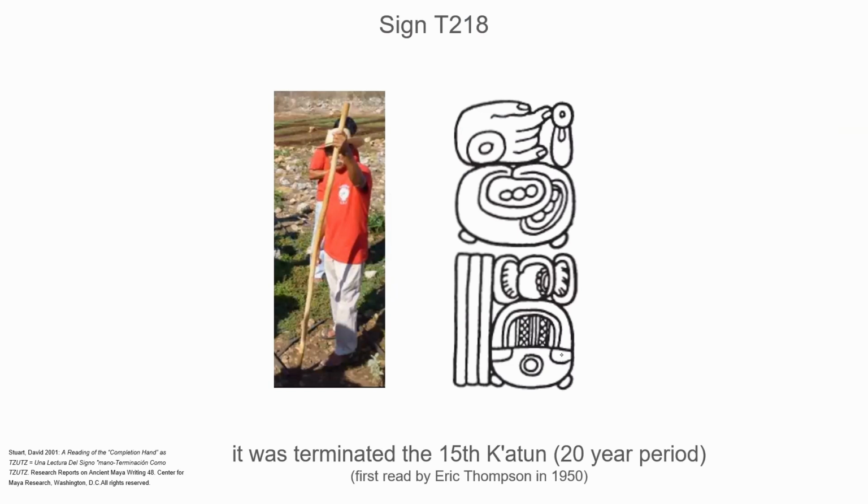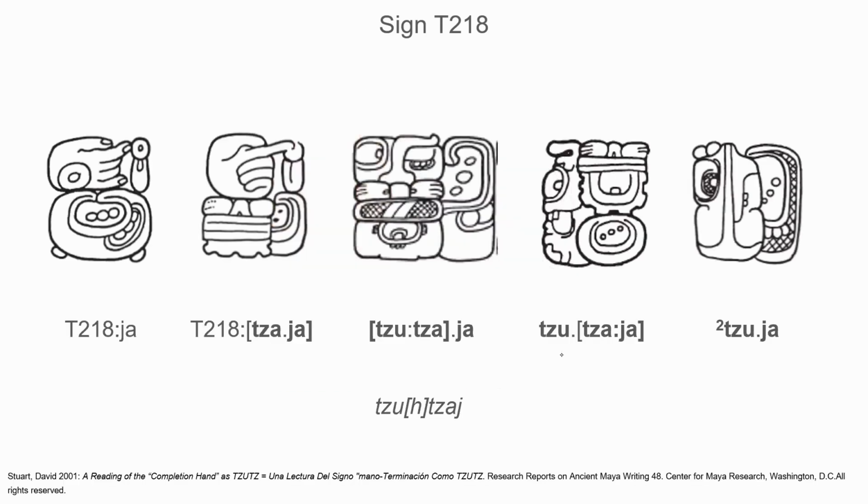And this hieroglyph was first identified in 1915, saying it was terminated the 15th katun. Katun is a specific time period. So it's like saying it was terminated in the 19th century in our way. And the actual reading of this hieroglyph was quite unknown. It could only be identified. Now in